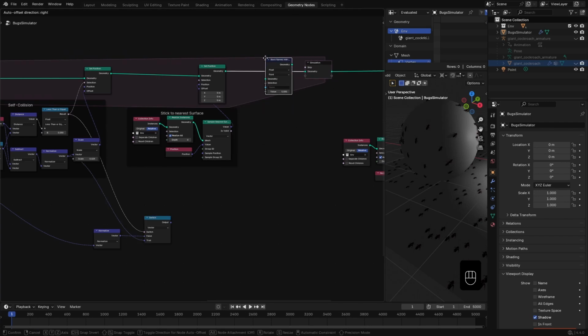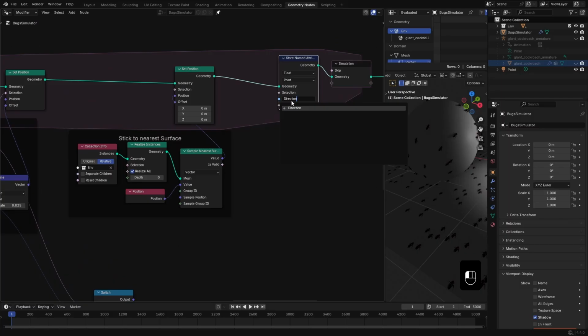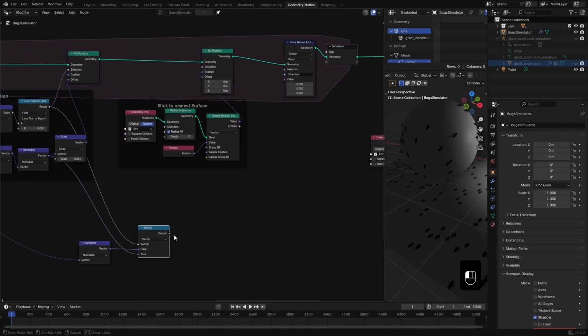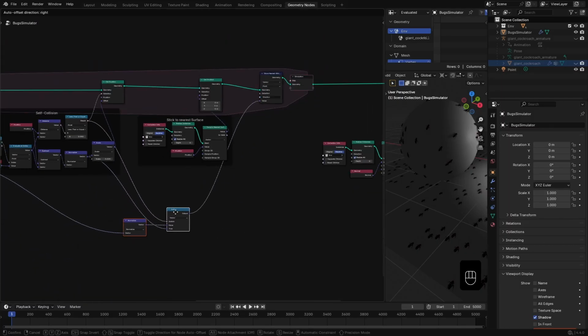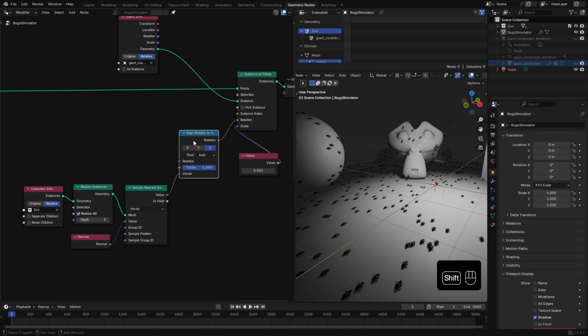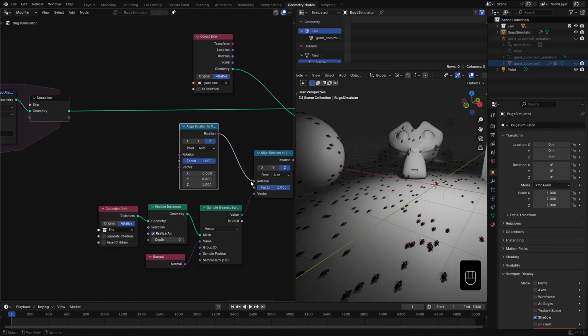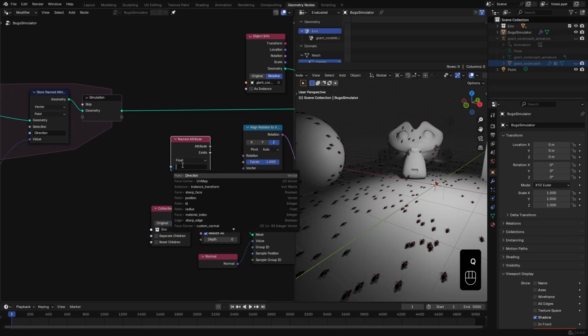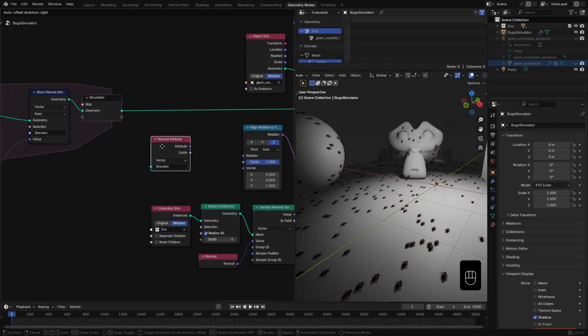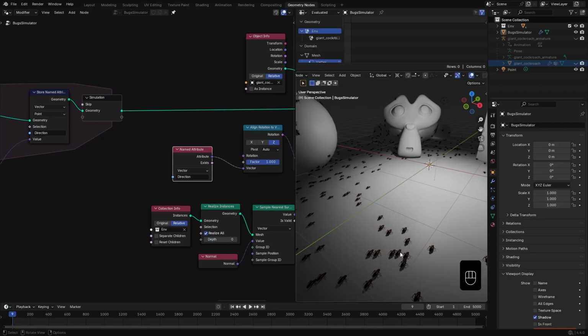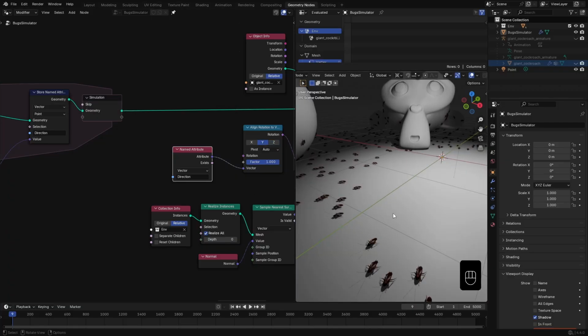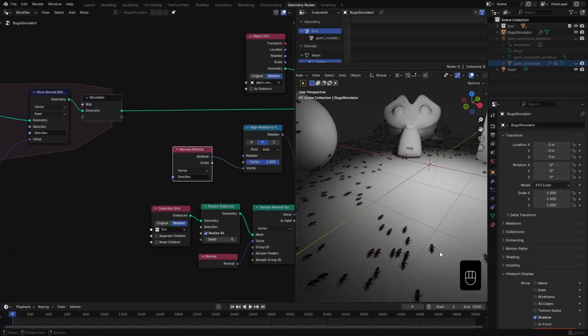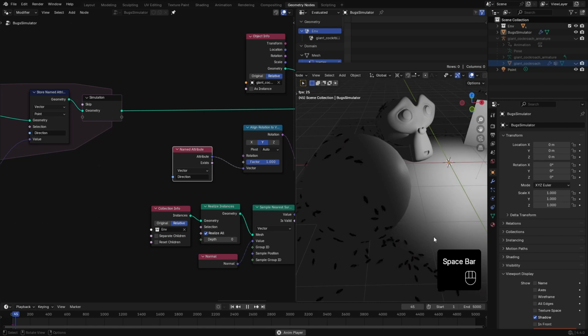Add a store attribute node, call it direction and set it to vector. Plug this to value. Then here I duplicate this align rotation node. Plug the rotation to rotation. Add a named attribute node and select the attribute we just created. I plug that into vector, and for this the direction must be Y. And there you go. The bugs are now walking in the direction they are actually moving, across surfaces, around collisions,